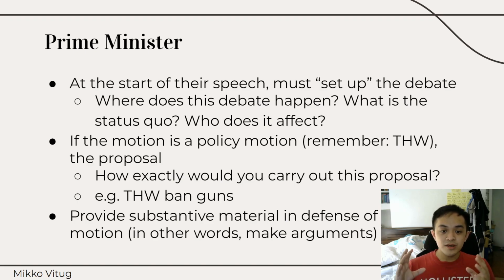So at Leader of the Opposition, you have to clarify, yes, you disagree with the motion, but how much? To what extent are you willing to disagree? And you have to be able to hit the middle point between you want to disagree to a significant amount so that it's debatable, so that both sides aren't fighting for the same thing and the difference in the debate is so minimal. But at the same time, you don't want to be extreme. You don't want to defend a very absolutist stance that is very difficult to defend.